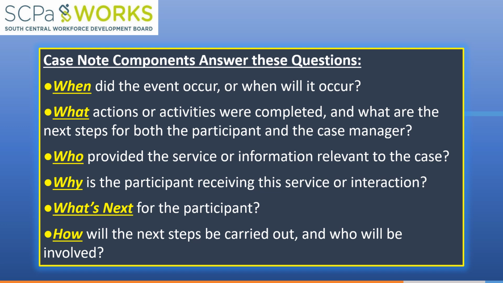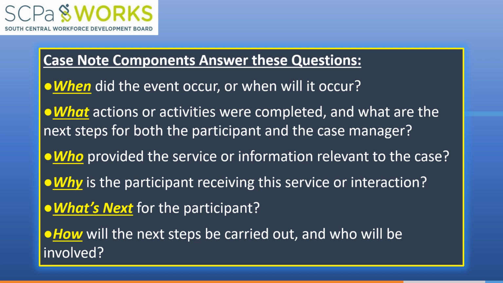The body of the case note must describe each service or the action that occurred and include elements mentioned earlier in this training. A background statement of required documentation and participant information can include eligibility details, work history, assessment, barriers, career research, referral dates, and service provider or agency names.